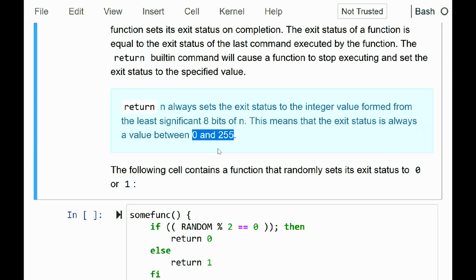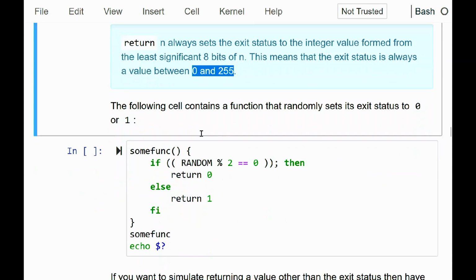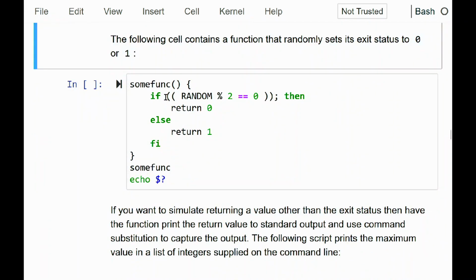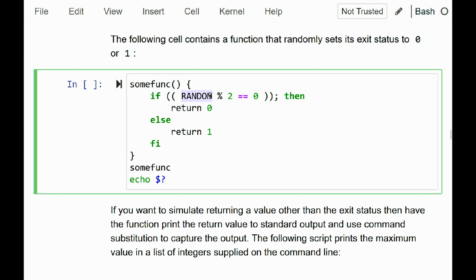This returning a value by setting the exit status limits you to what you can actually return from the function. So here's some function. It randomly sets its exit status to 0 or 1. So this is basically simulating flipping a coin. So remember, random is the variable that holds a random value. Every time you look at the value of random, it's different. So if I divide it by 2 and look at its remainder,